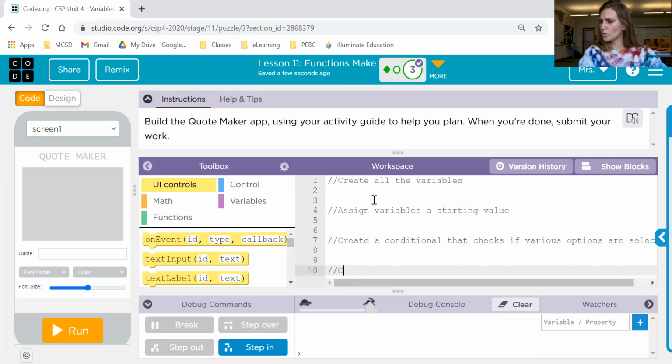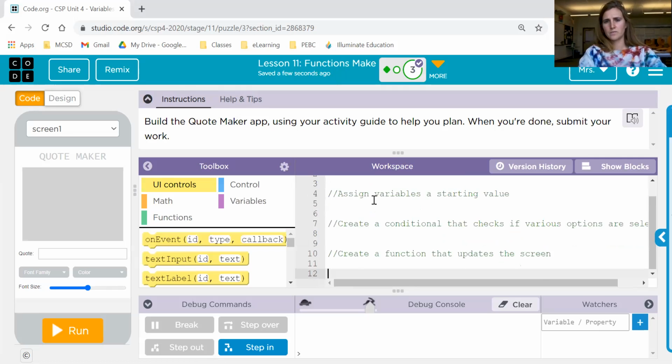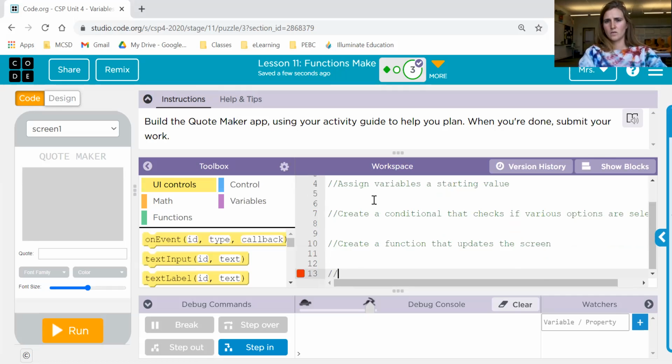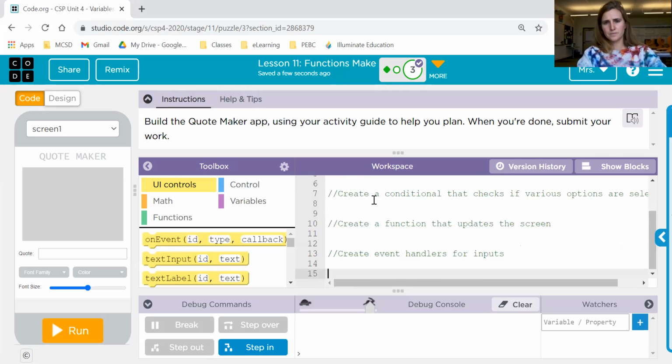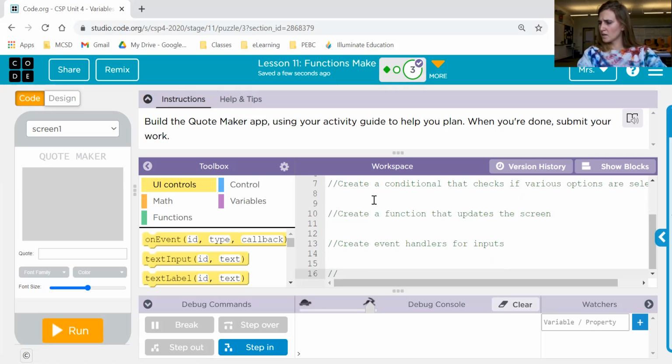And then we want to create a function that updates the screen. We want to create event handlers, like on event. I don't know if I can use parentheses like that. Just leave it at that. For inputs. And